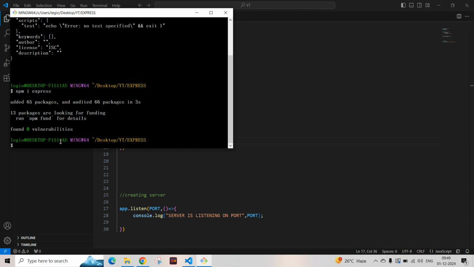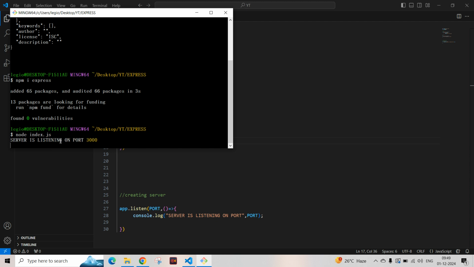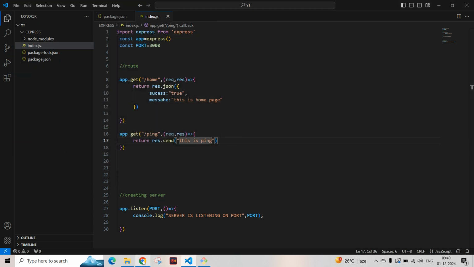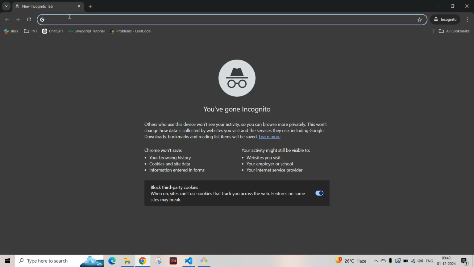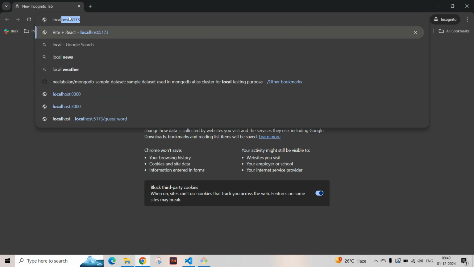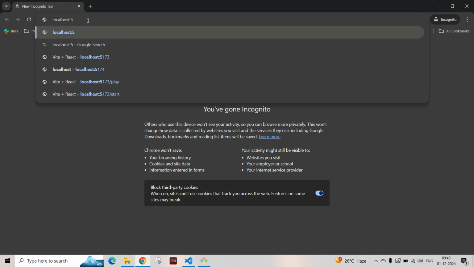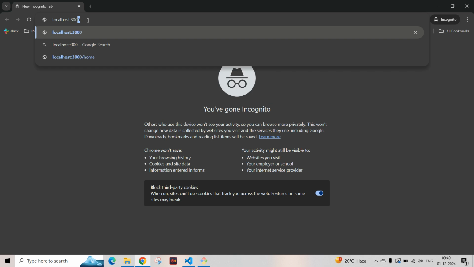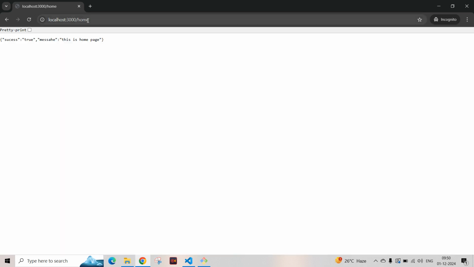Okay, so now I will execute this. I have to say node index.js. We can see that the server is listening on port 3000. Our server has started. Now I will go to the browser tab and write localhost. We have given 3000, so we'll add 3000, and our path is slash home. If I go to slash home, you can see here